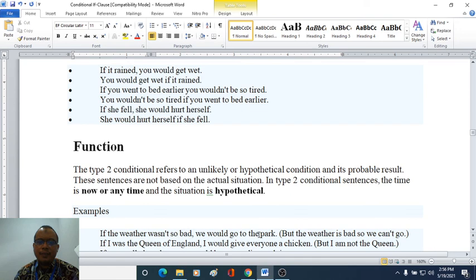So contohnya here, if the weather wasn't so bad, we would go to the park. Pada kenyataannya, the weather is bad, so we can't go. Ya, jadi kita berangan-angan, hypothetical. Ya, hypothetical itu berangan-angan. Ya. So, if I was the Queen of England,